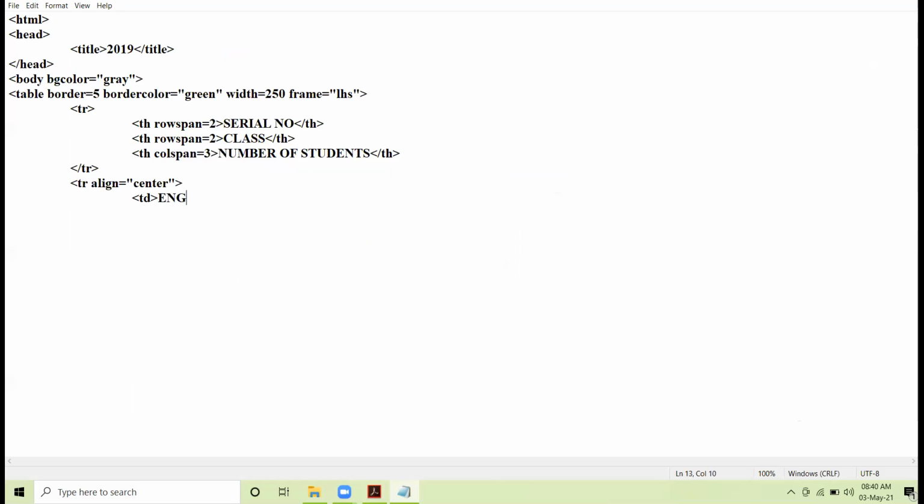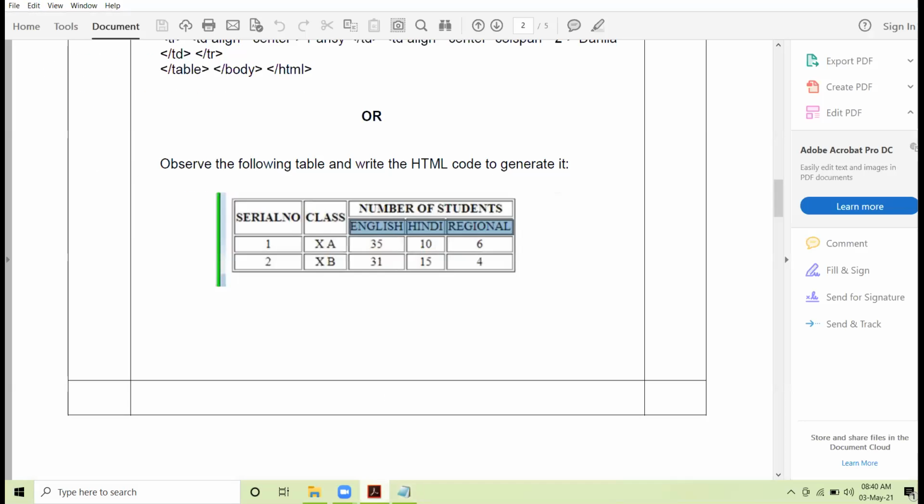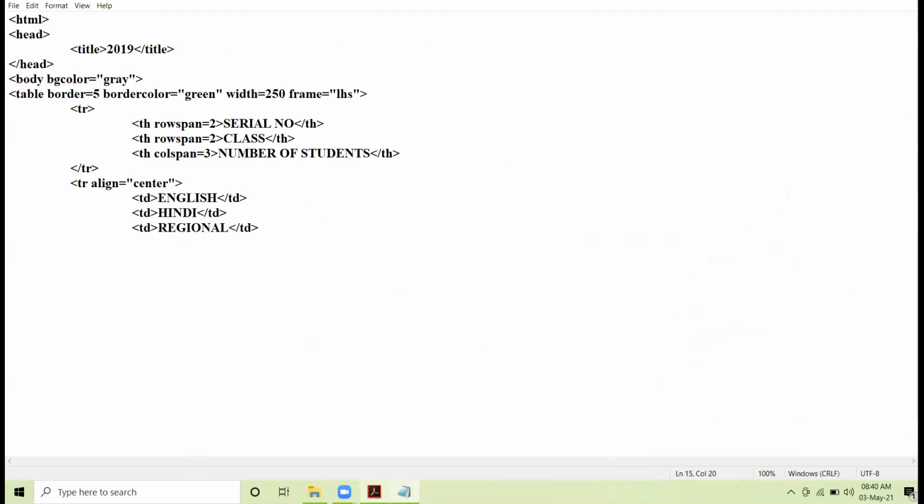TD, English, TD, Hindi, TD, regional. Okay, clear? So here comes the end of second row.